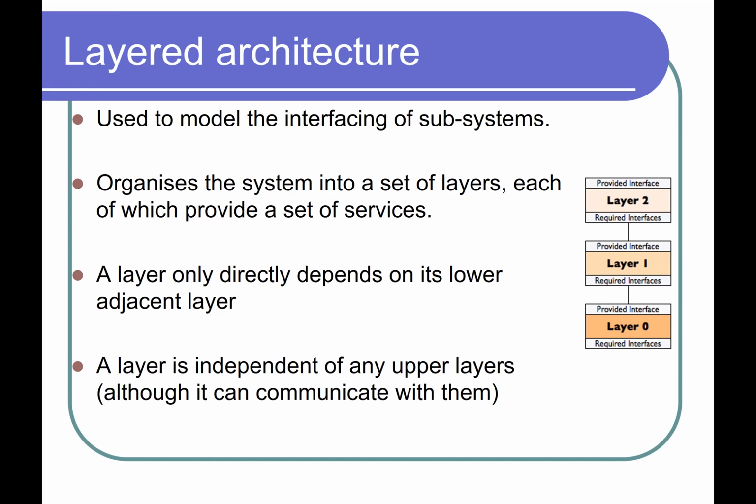In the layered architecture, basically the premise is that the system is divided into layers, and we have, say, layer 0, layer 1, layer 2, and layer 0 is the bottommost layer. The premise here is that the bottommost layer doesn't need the layers above. And a layer like layer 1 doesn't need what's above it. It only needs what's underneath it. Layer 2 needs layer 1, which by definition means it needs layer 0 as well.